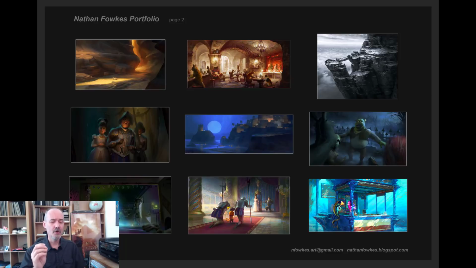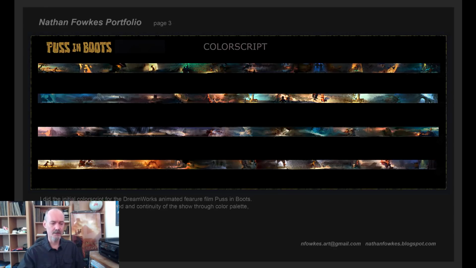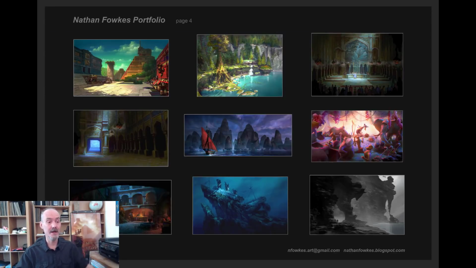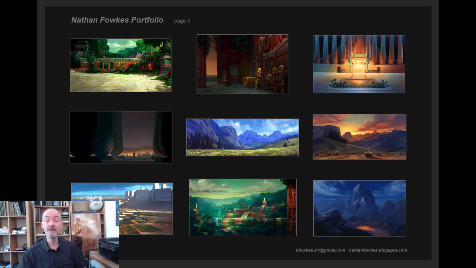But to go into the business of concept art, and frankly, most other kinds of art, you have to be able to show and get the audience to feel the full range of emotions. You've got to give them sunshine. You've got to give them horror. You've got to give them depression. You've got to give them elation. You've got to give them peacefulness, and a portfolio that shows that range of emotion.